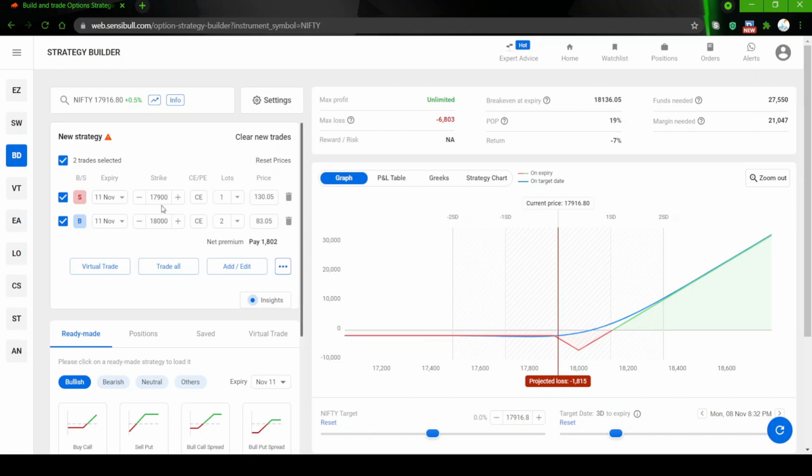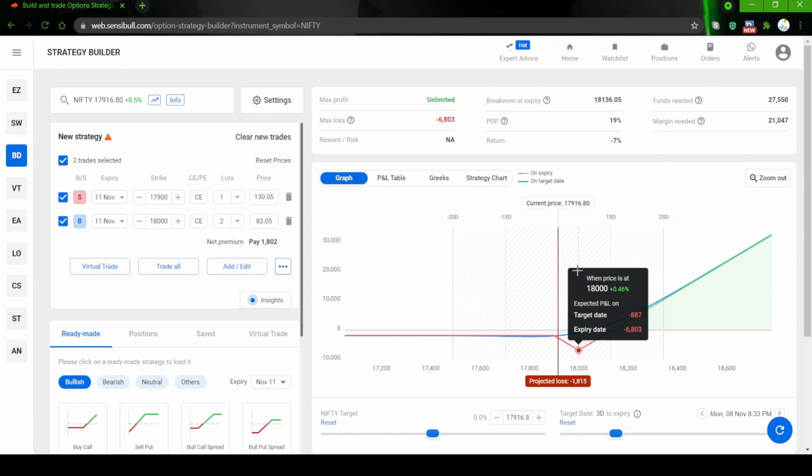Okay. So when we have such a strategy, your downside is limited to the premium that you have paid. If the market is going down, you will lose the premium you paid, because all the calls will expire worthless. So this is the maximum loss you are going to have. If the market goes up slightly, then your loss will be more, and your maximum loss always happens at the buy strike only. For any scenario, your maximum loss will happen at the buy strike. If you see, when the market is at 18,000, your maximum loss will be about 6,800 rupees.